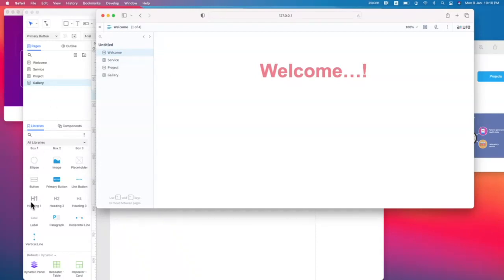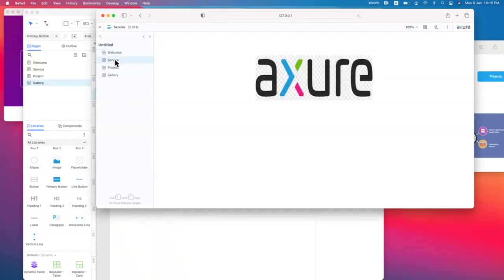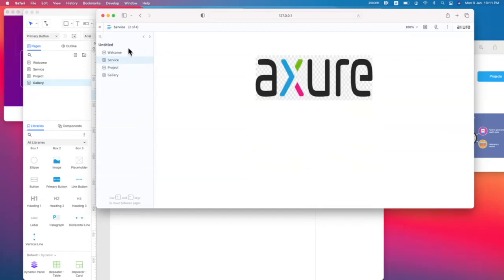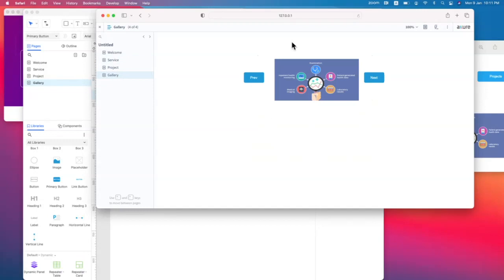And the services page with a simple image that we downloaded as a logo, and then the projects page, which is a banner having a heading inside it, a logo, some random text, and then a try now button. When the try now button is clicked, we saw how the interaction links that button with the services page. Now the gallery page is holding a dynamic panel inside it